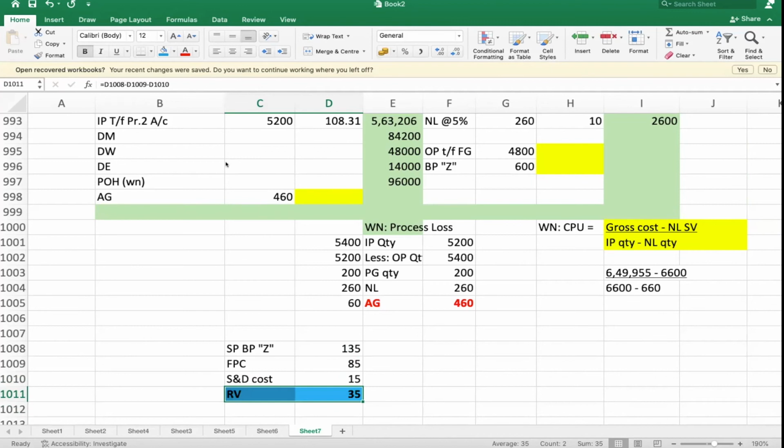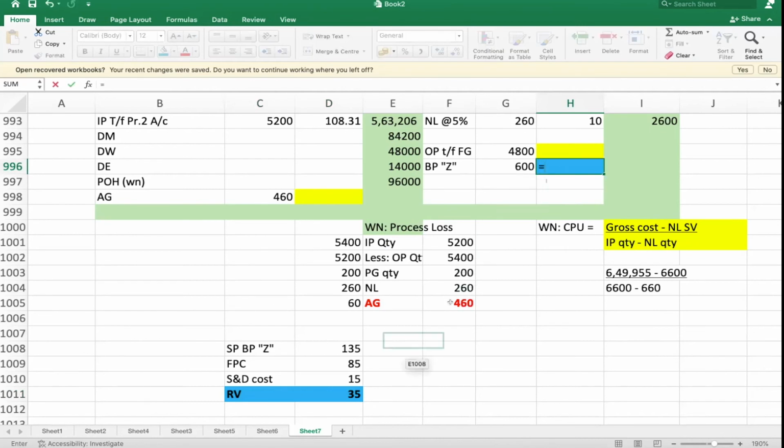I'll put a different color so that you can understand. So Z's value comes to 35. Any doubt in the 35? Wait to understand. Normal loss, they are selling at 10 rupees. Similarly, for that there are no additional expenses. As a scrap, they are going to sell. Whereas byproduct, their selling price is 135, but after incurring the cost, the realizable value is only 35. So 35 into 600 is the value out of normal loss. Any doubt?